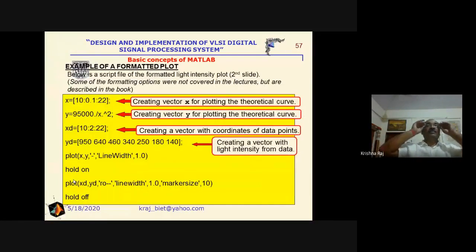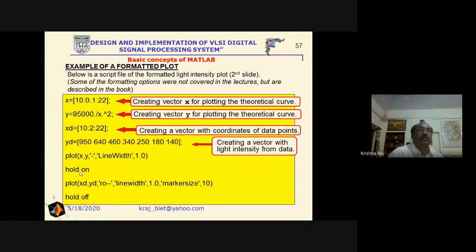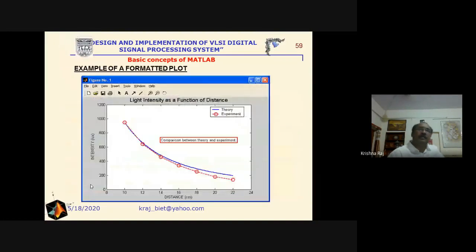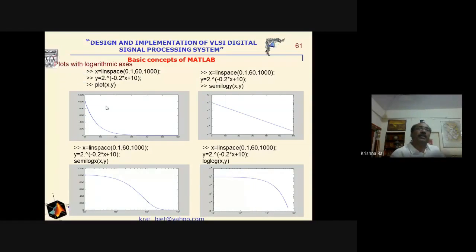Now, for example, if we consider that this one is the example related to the light intensity here, then we will define here the x and y and the first derivative, and plot here the graph between the x and y. Hold on, x here the first derivative of the x and y, then hold off. Now if we are interested to edit the graph here, this will be the graph here. But for the purpose of editing, we can click here to different positions in order to edit it, by selecting the edit option, or we can also include it using different types of commands.